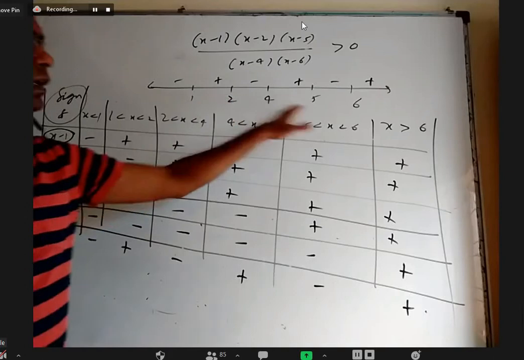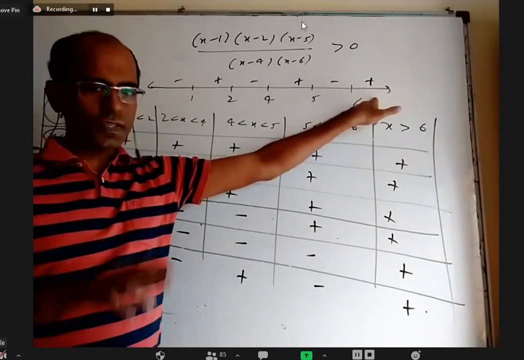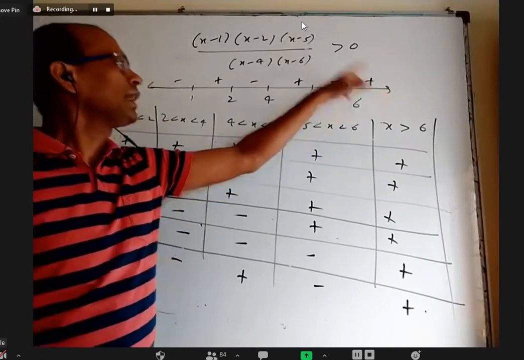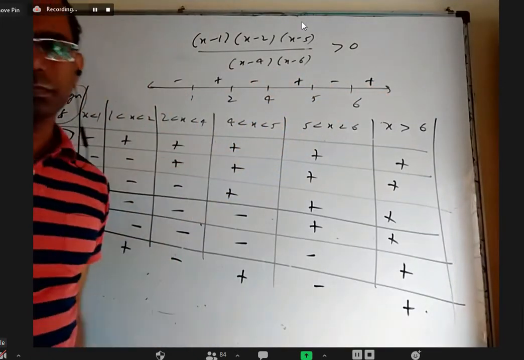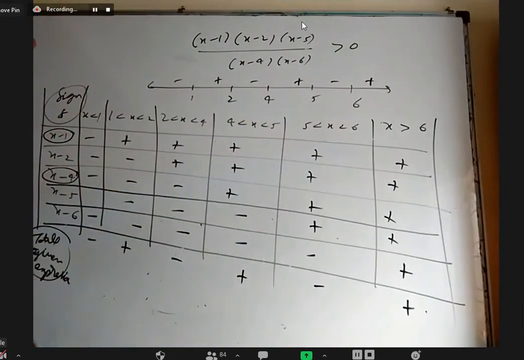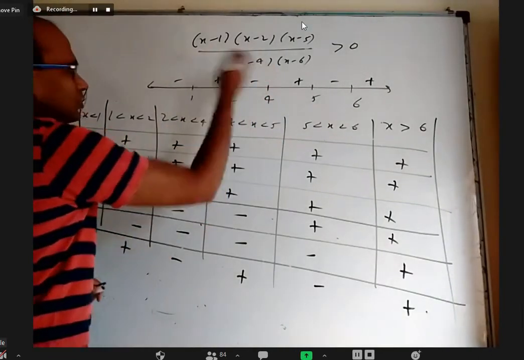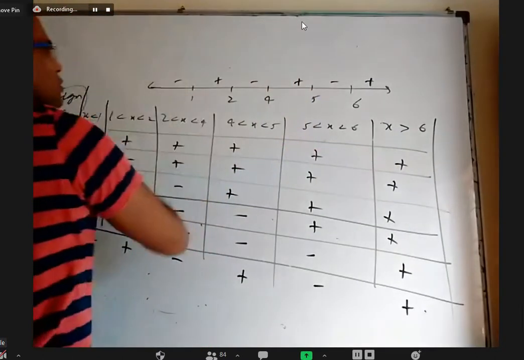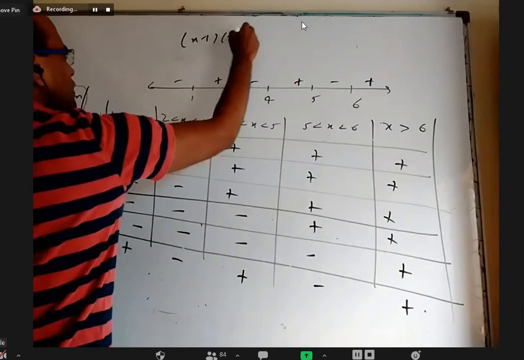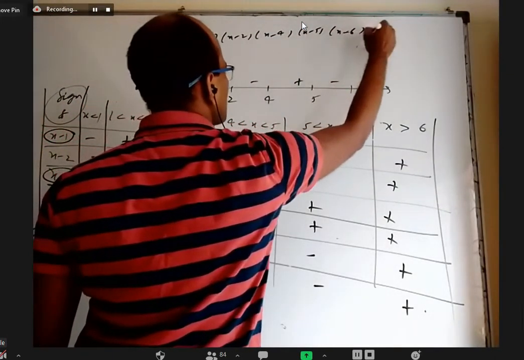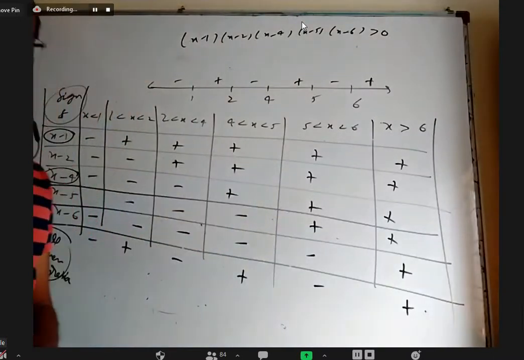Every time we are not going to draw the table. I'll just draw the number line. After 6, whatever is the biggest number, after that I'll find whether it is positive or negative. After that, I'll just keep alternating backward. Why it comes alternately backward: let us change the question, just to feel it more quickly. You can take it as it is, not a big issue. The question is (x minus 1)(x minus 2)(x minus 4)(x minus 5)(x minus 6) greater than this. That question and the question that I gave are the same. There is no difference.